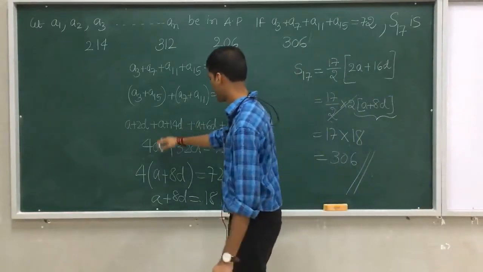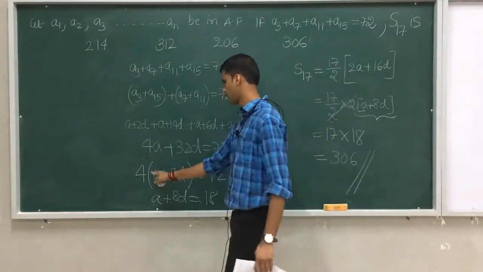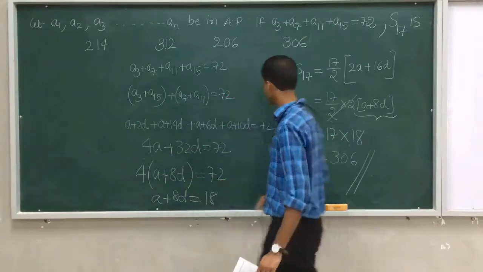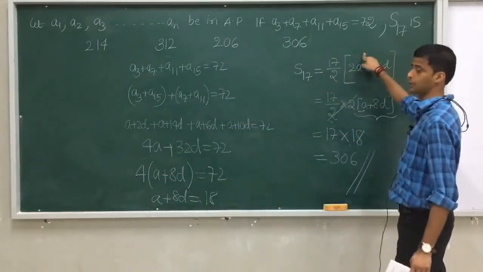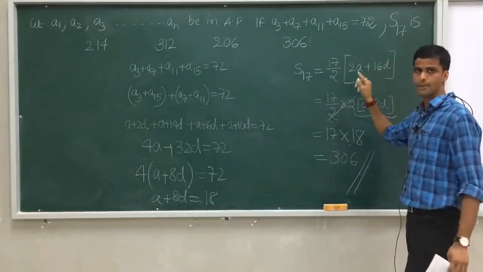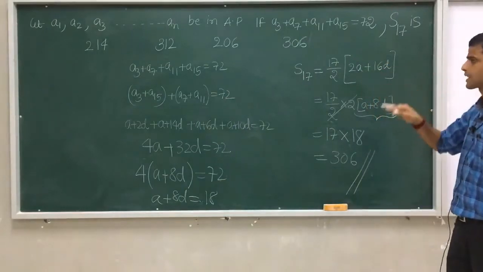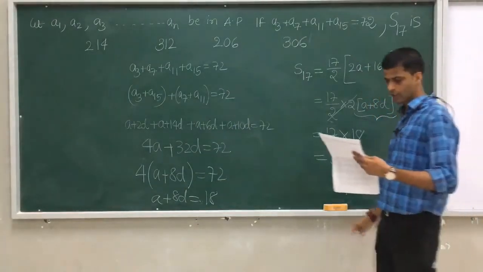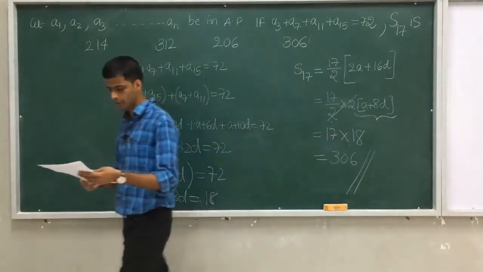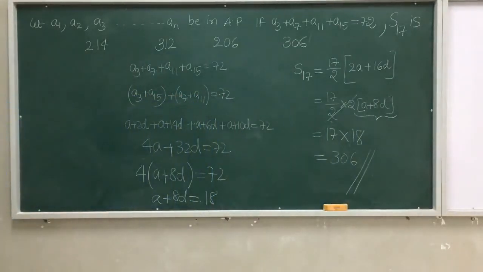Just check with the steps. If you take 4 off, you will get 8, but you should have an idea about 17, because only with practice can you come to know this idea. By seeing alone you can't get this idea. Understood? So 306, which is option D, will be the right answer for this question. Now we will discuss the next question.